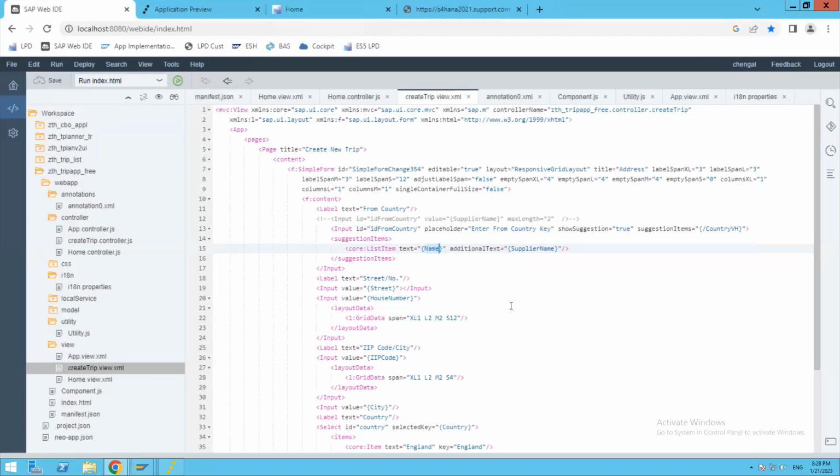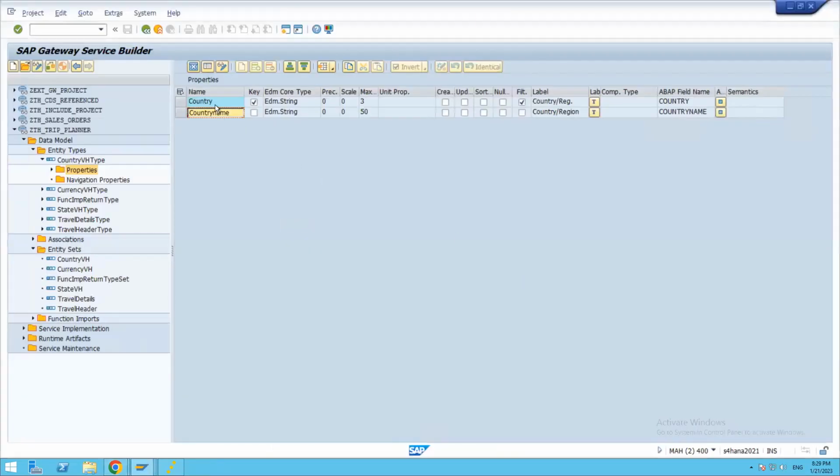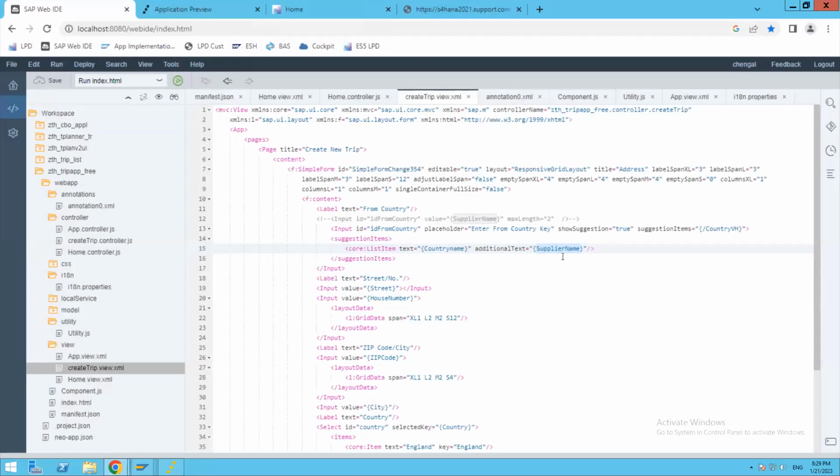I'm going to bind this property. This is the entity set. Now we are going to the property level. So additional text, what I would say, the country,